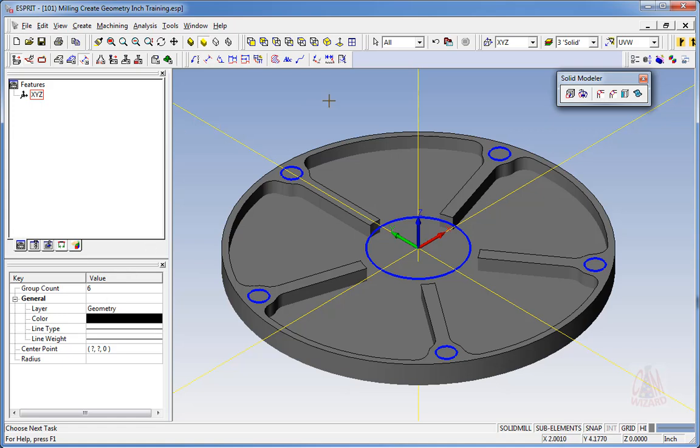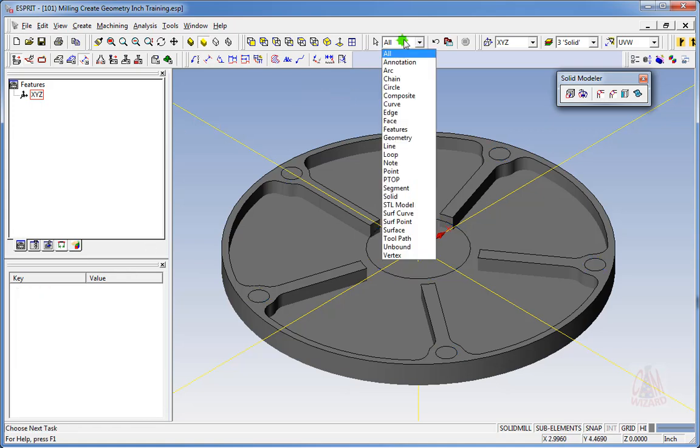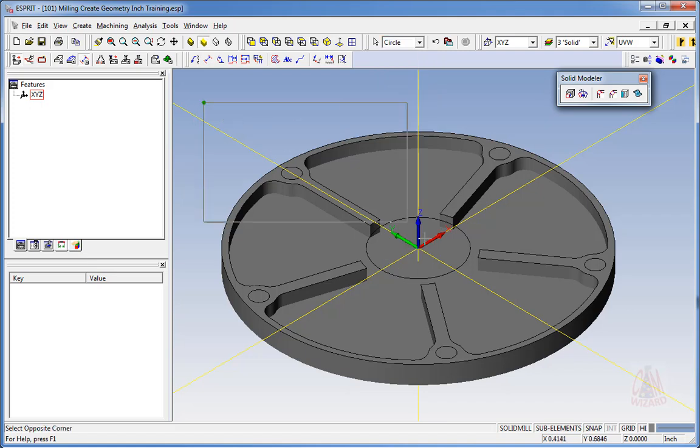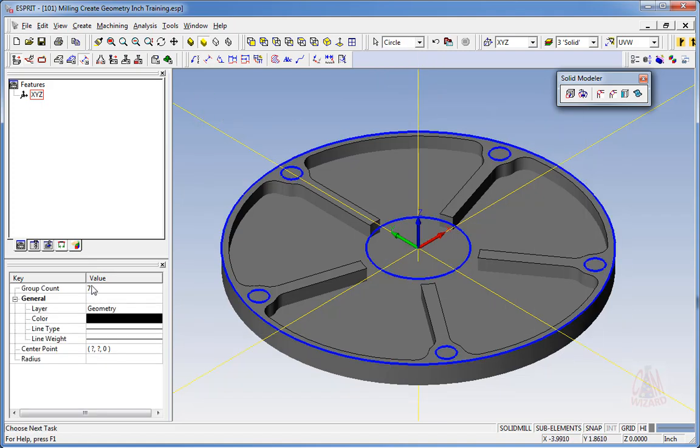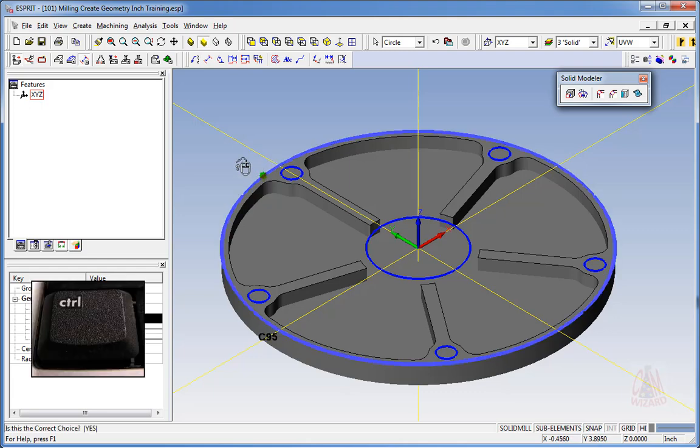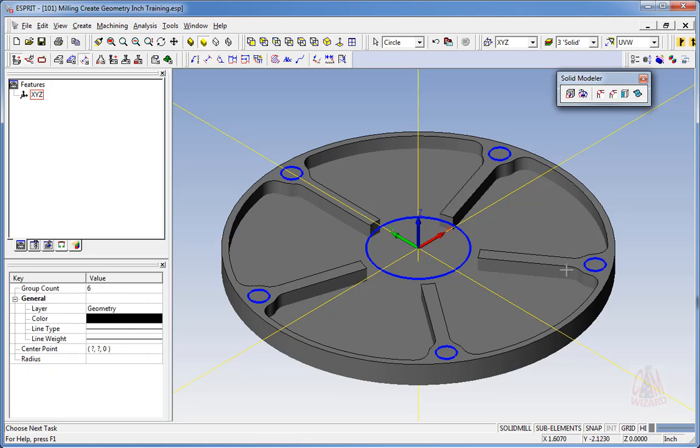Again, if you have trouble doing that, you can always go back, like I said a moment ago, hit circle, put a box around your part. The key is you want to make sure that you have only 6 elements in your group. You do not want this circle here. 6 elements in the group: 5 small circles, 1 big circle. Now once you have those 6 elements in your group, and if you make a mistake picking, don't panic, just hit escape. Go back and try again.